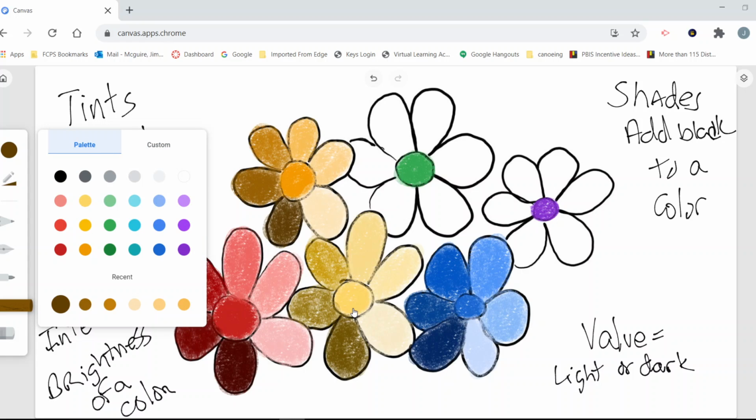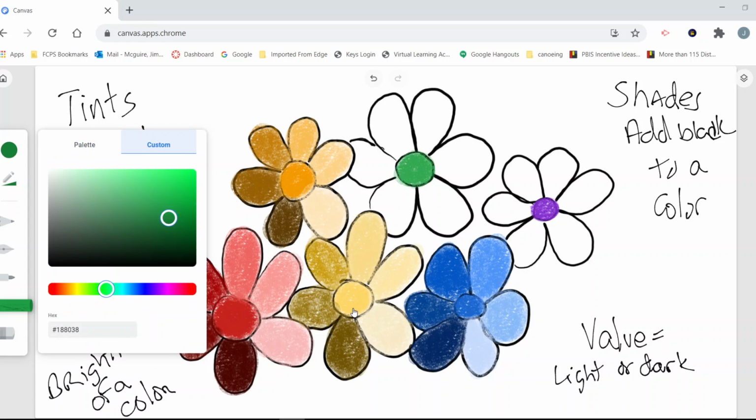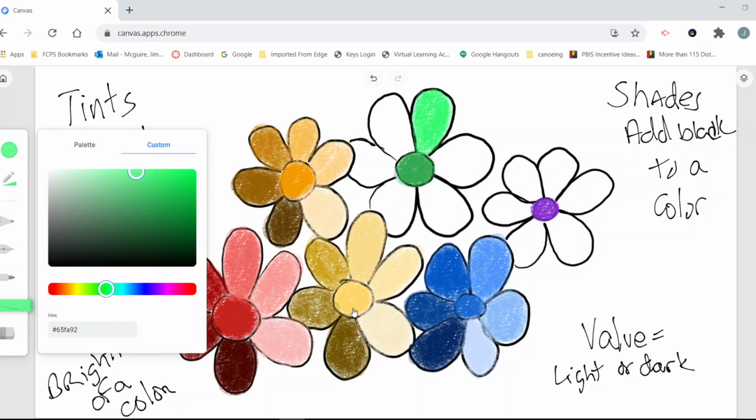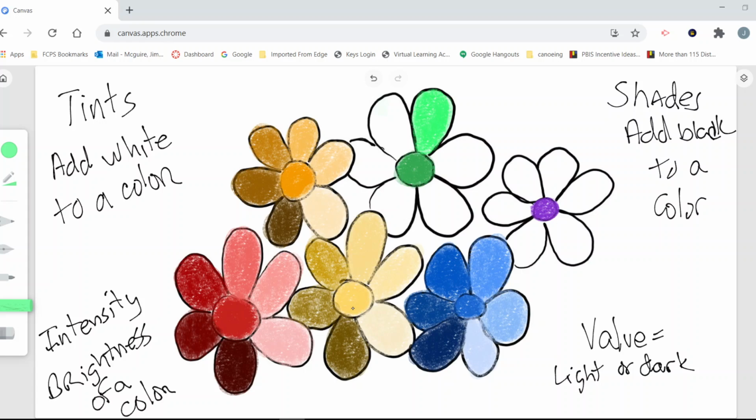Now we're ready to take a look at our green. So again, we're going to add a little bit of white to our green. What do we get when we add a little bit of white to it? Add a little more white to it. What do we get? Oh, I started going the wrong way. Well, here we go again. Is this one of those things where I gotta